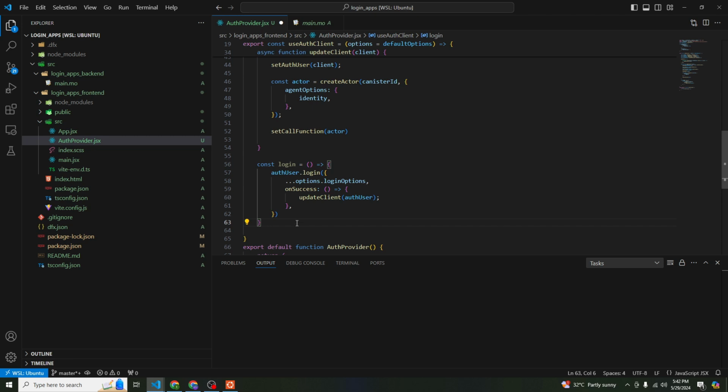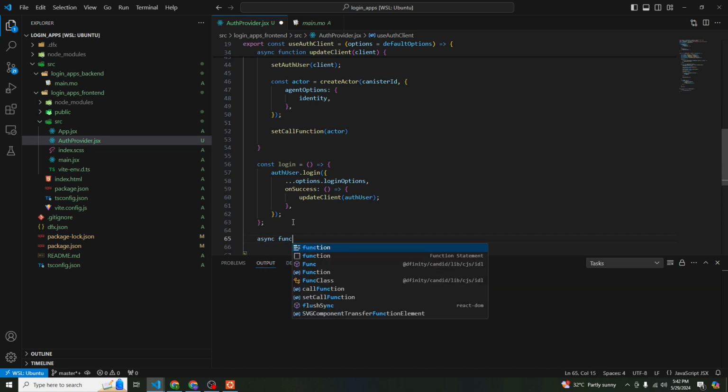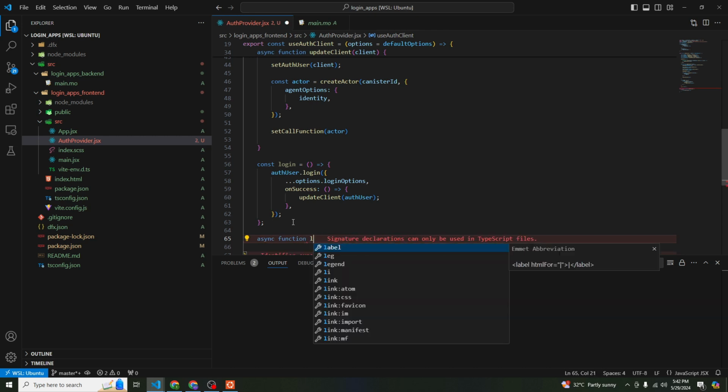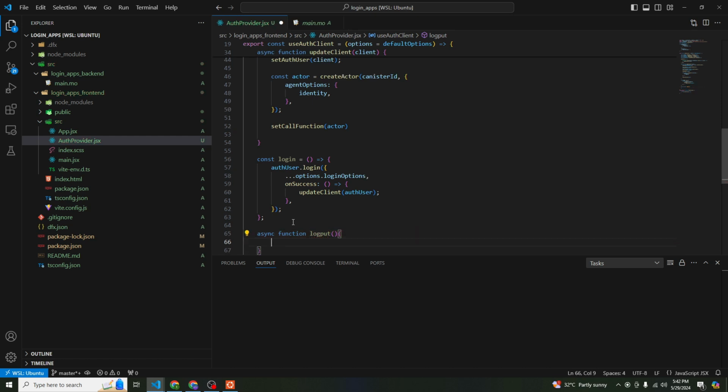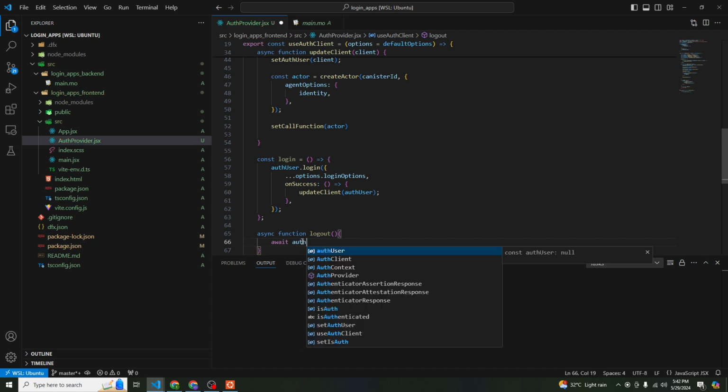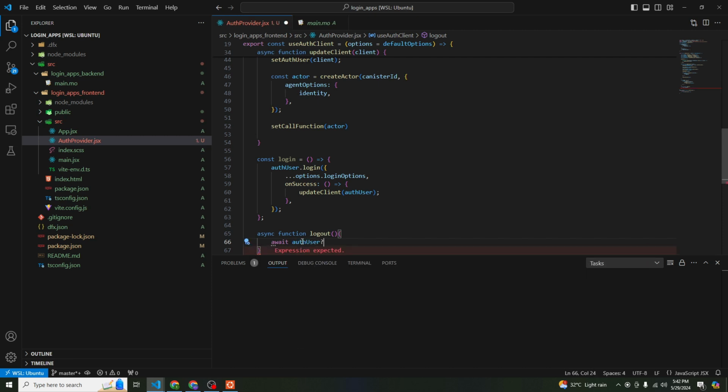So next one we need to create a logout function. Say logout. Then insert the logout. Insert this function. We have await auth authentication user, question mark and then dot logout, and then